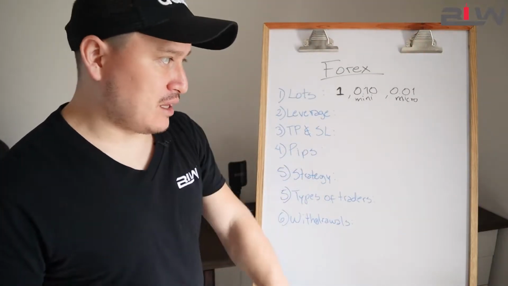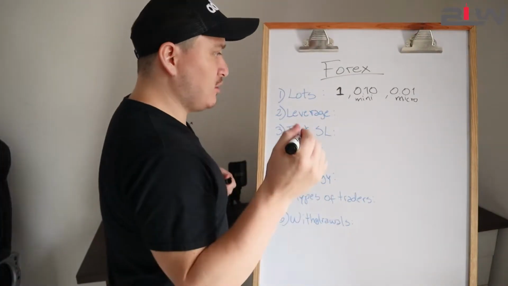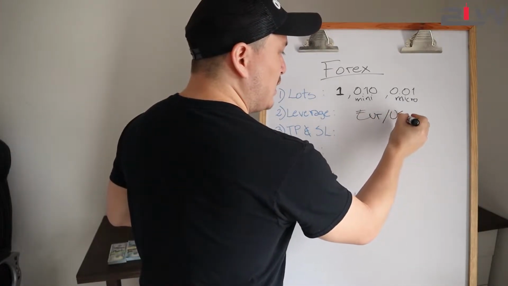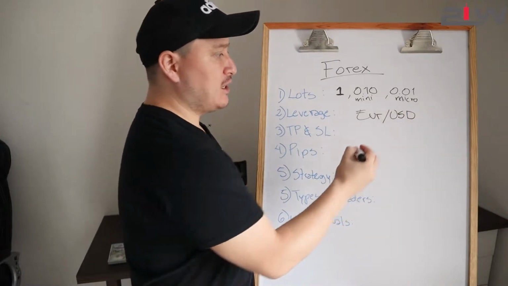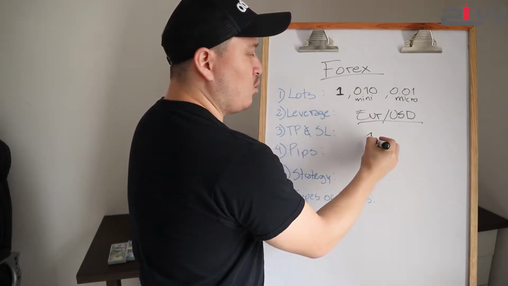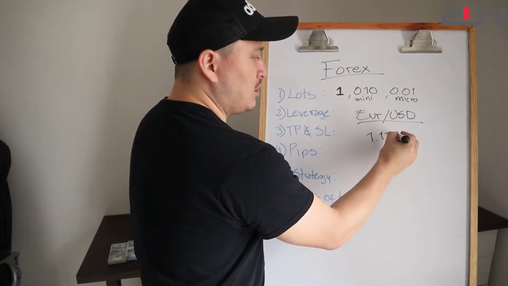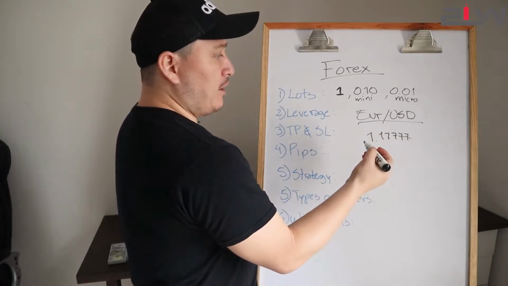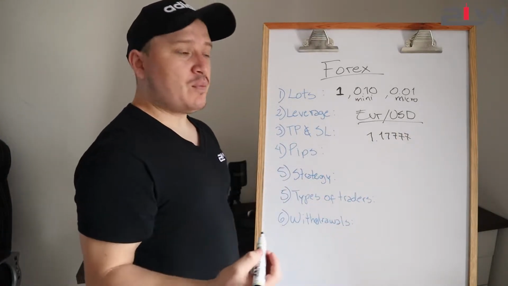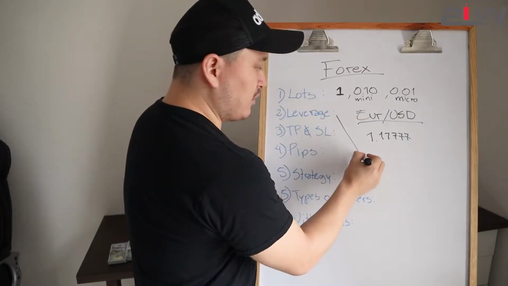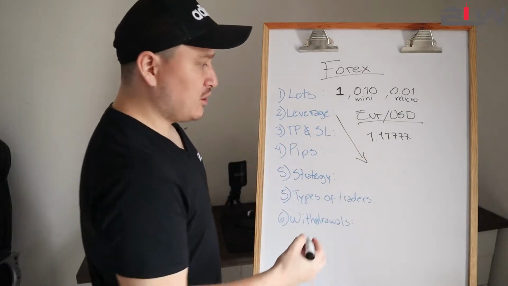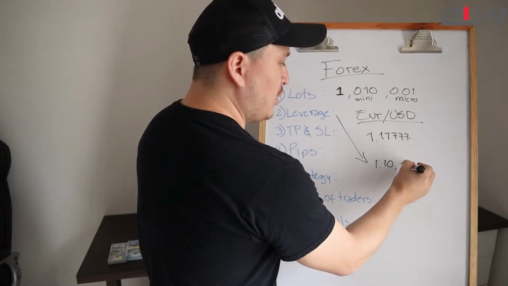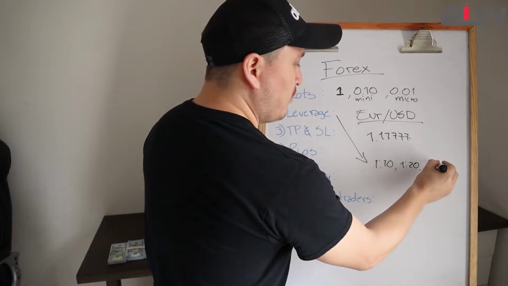I'm gonna use all the board, and then I'm gonna keep on erasing and so on. So for example, with Euro USD, just an example, what's the price of this? It's 1.11777, if I'm not mistaken, from yesterday. Okay, so the way you actually buy it is using leverage. Leverage can be 1:10, 1:20, 1:50,